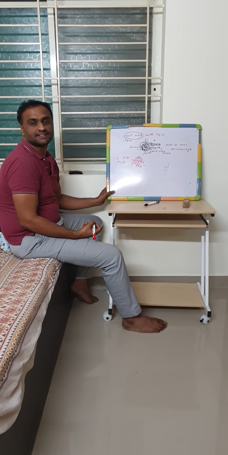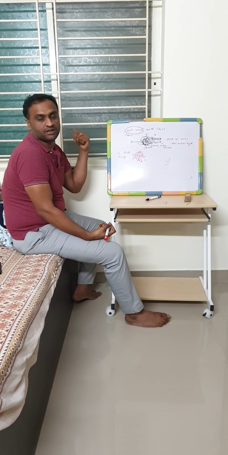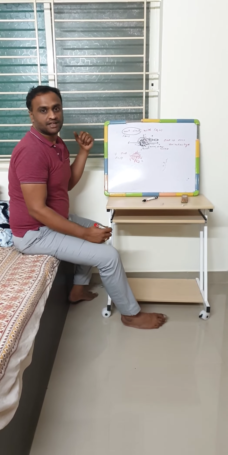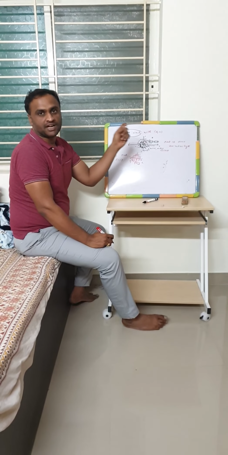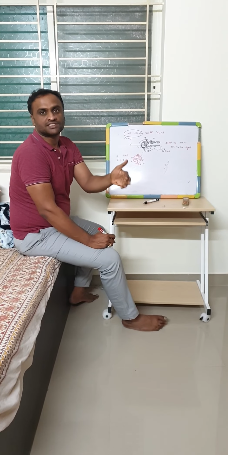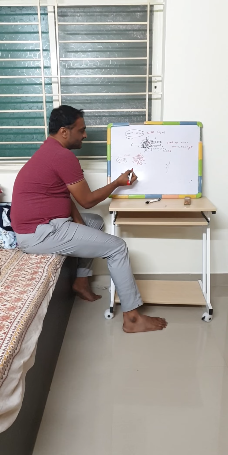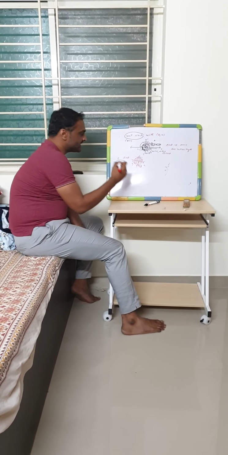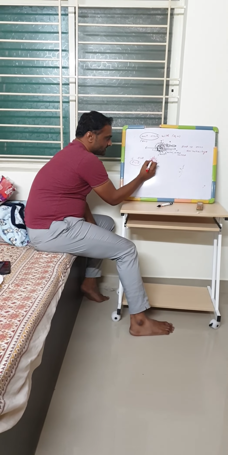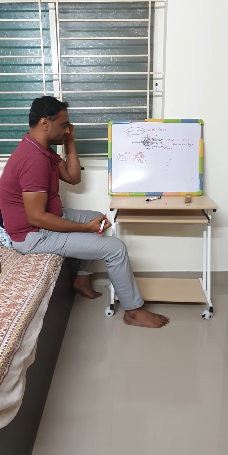So we have answered the first question, which we couldn't answer through our previous definition of sin theta equals opposite by hypotenuse, where both are lengths. Length is positive, so there is no chance of negative. But with this definition, I can tell sin theta is oscillating between minus 1 to 1. The value is between minus 1 and 1, right? So the first question is answered.